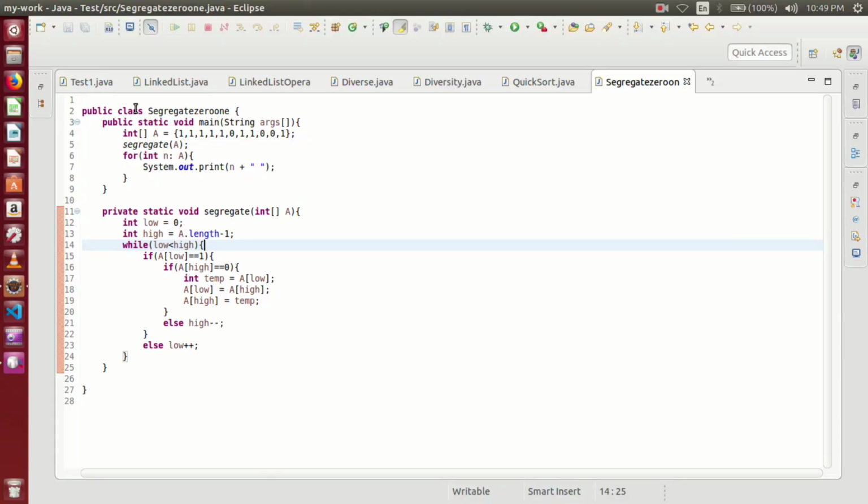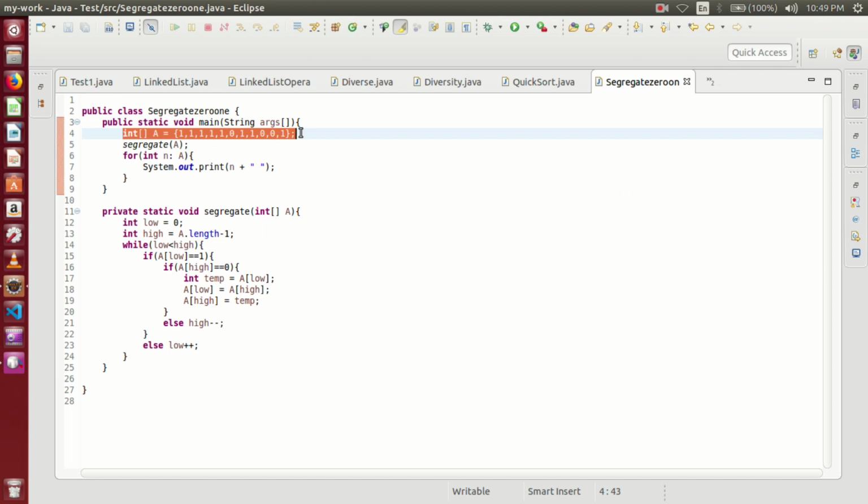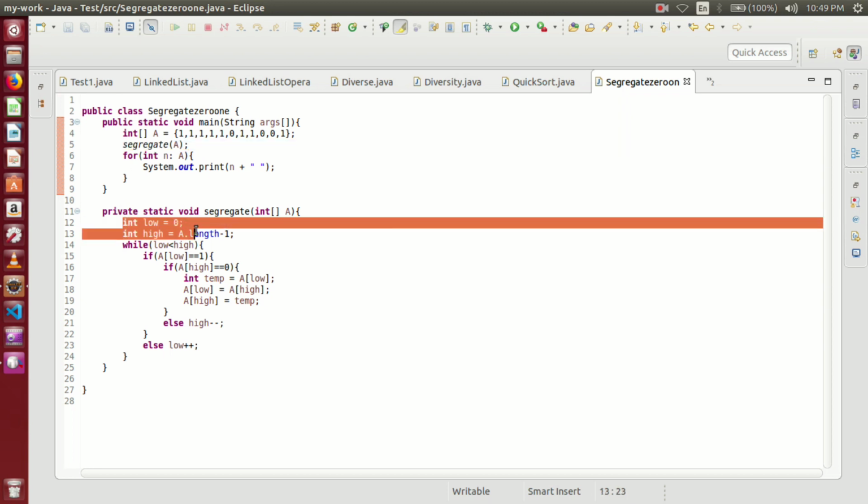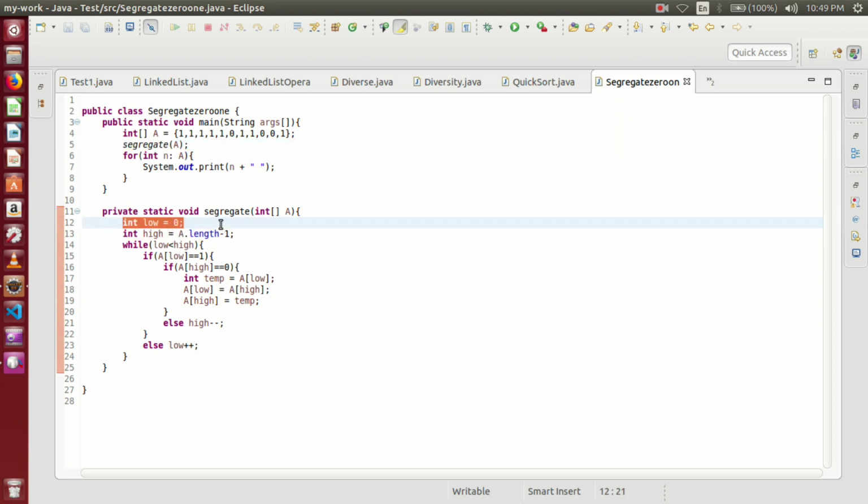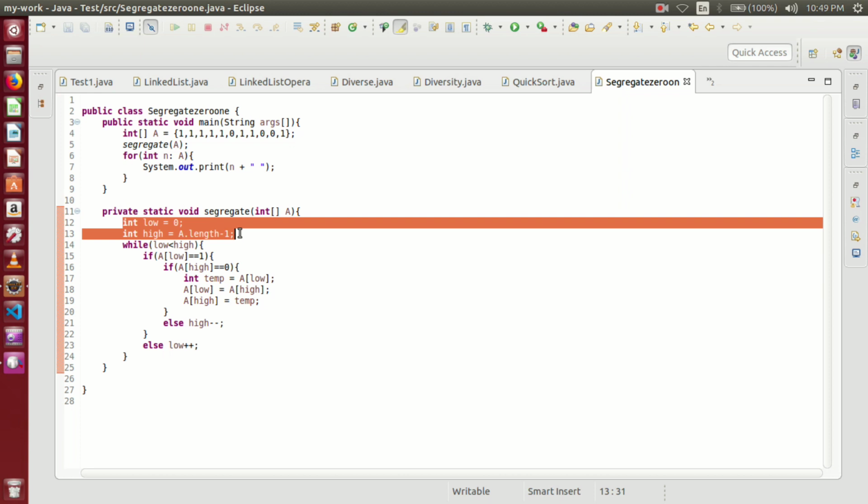Now let's see the running code. Here we have declared one array A which contains zeros and ones. After that, we are calling the segregate method. So the control will come here. Here we are initializing two pointers, low and high. Low is pointing to the initial index and high is pointing to the last index.